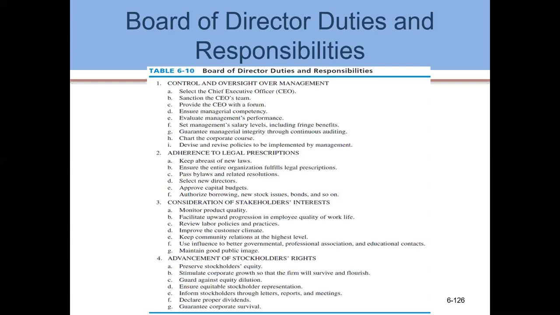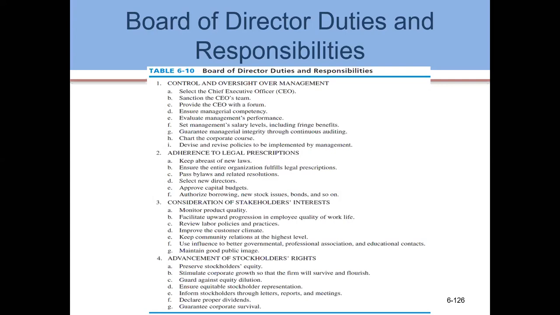The third main area considered as the duty and responsibility of the board is consideration of stakeholders' interests, which includes: monitor product quality, facilitate upward progression in employee quality of work life, review labor policies and practices, improve the customer climate, keep community regulations at the highest level, use influence to better governmental, professional, association, and educational contexts, and